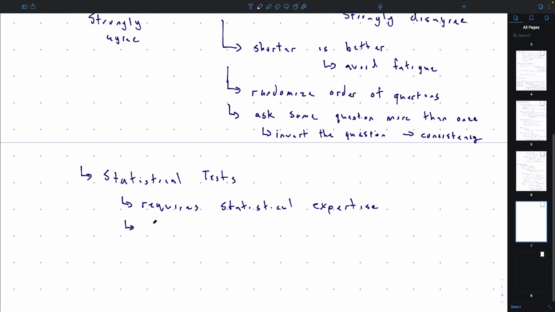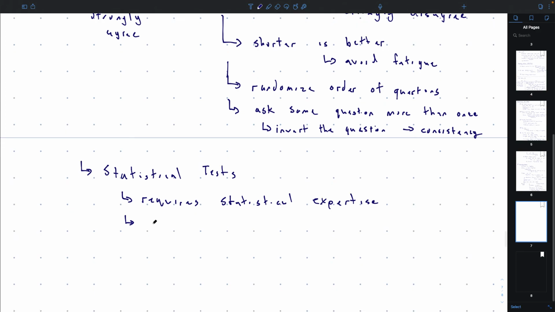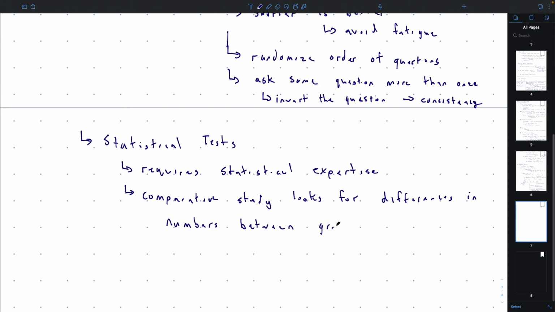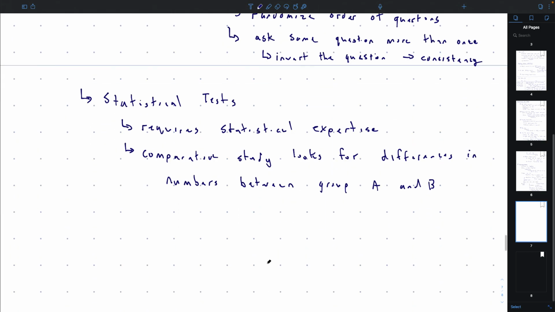Okay, so if you're doing a comparative study, you're looking for differences in the numbers between group A and group B. Or C, it doesn't have to be binary, but it's the simplest case.